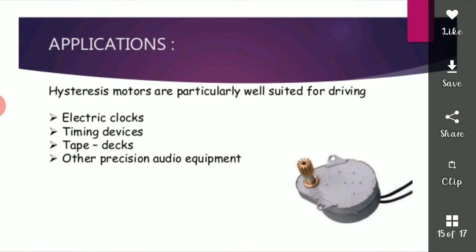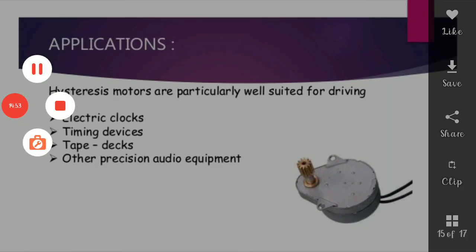There are three general types of synchronous reluctance motor. First is the synchronous reluctance motor, then the switched reluctance motor, and the variable stepping reluctance motor. The switched reluctance motor is again classified as linear reluctance motor and rotary reluctance motor. The rotary reluctance motor is again classified as radial and axial reluctance motor. All these are the classifications of the synchronous reluctance motor.